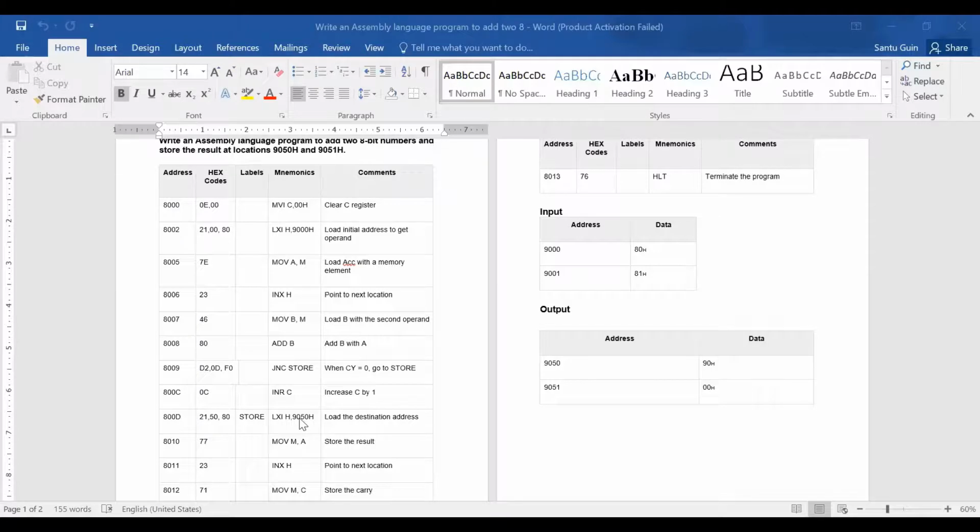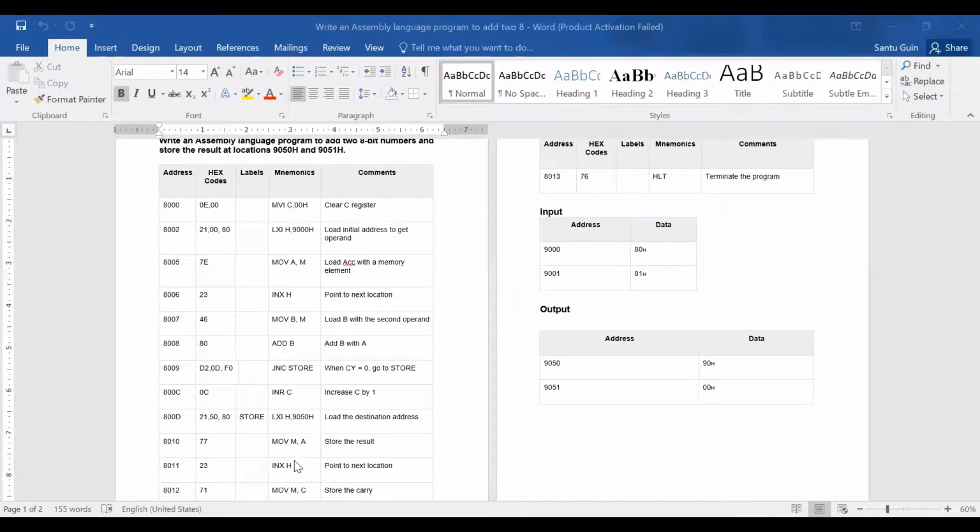My accumulator result, which is 8 bits in size, is stored in the accumulator. From the accumulator, it goes to the memory location pointed to by the HL register pair, which in this case is 9050. So the accumulator content will be moved to 9050.